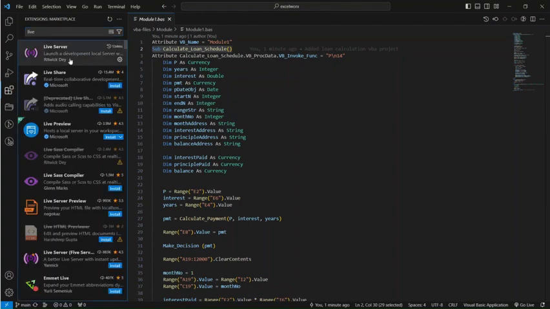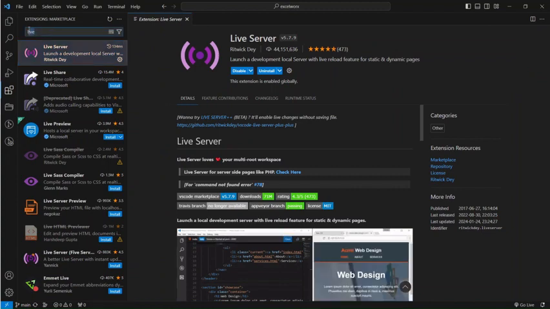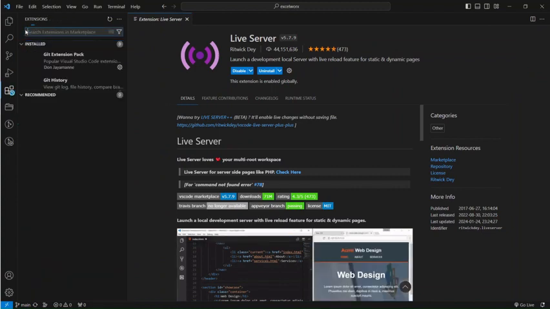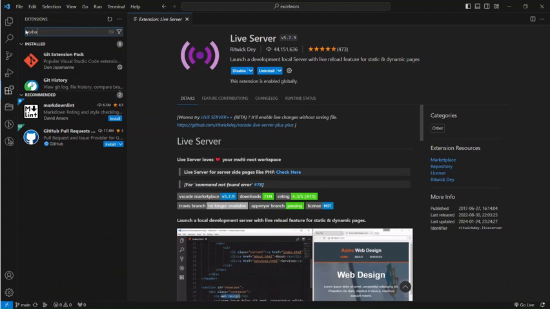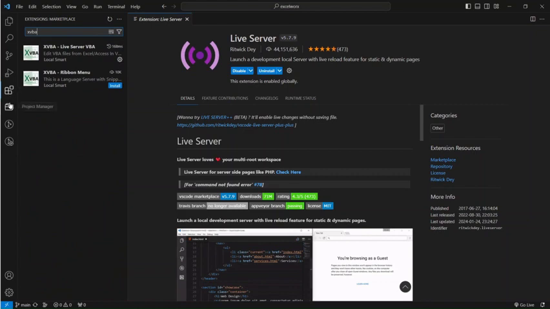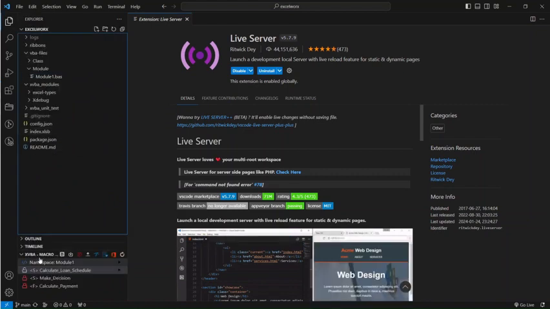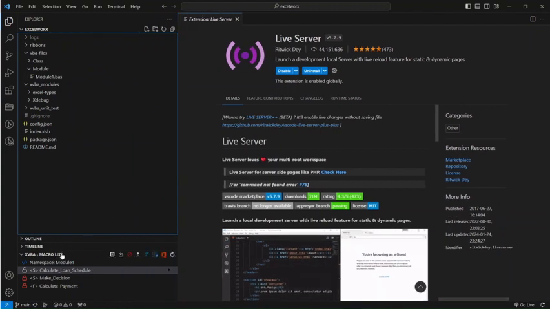Okay, this Live Server, if you see that, we installed it. And then we also installed XVBA. Okay, and once you install it, then in your file explorer you will have this XVBA macro menu, and that